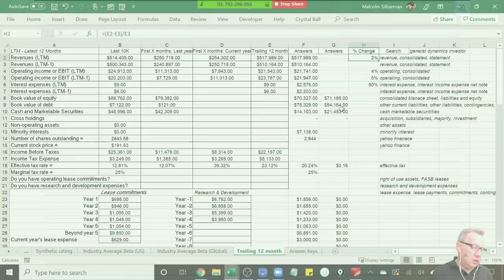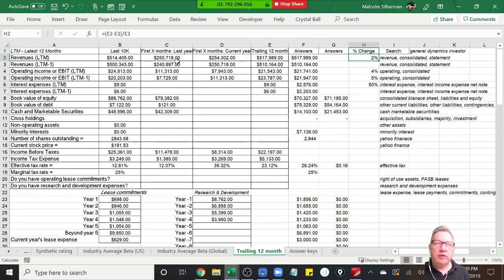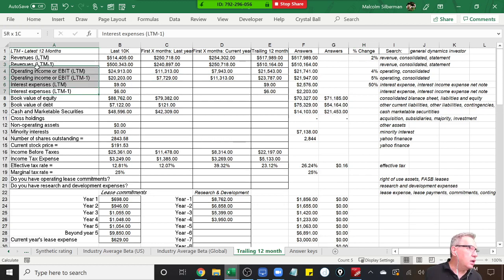So that's sort of how he tends to focus in on these things. As I was saying, we've got like a 2% change over there. Okay, so now we're going down to the items you can see here, that's all stuff from your income statement. Now, as you noticed in an income statement,